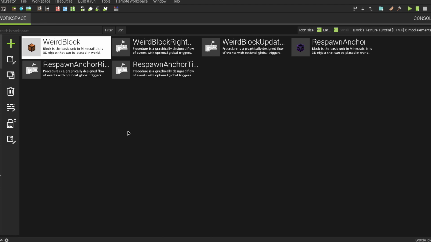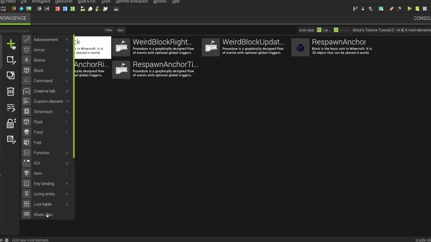So today I'm going to show you how to make a block with different textures, without having multiple block elements. What I mean is that, for example, for the wheel block, I'm going to use 2 textures for it, and I'm not having multiple block elements.